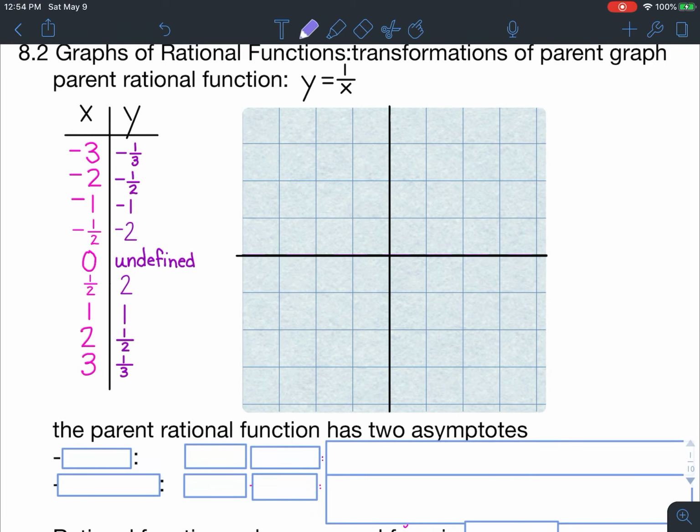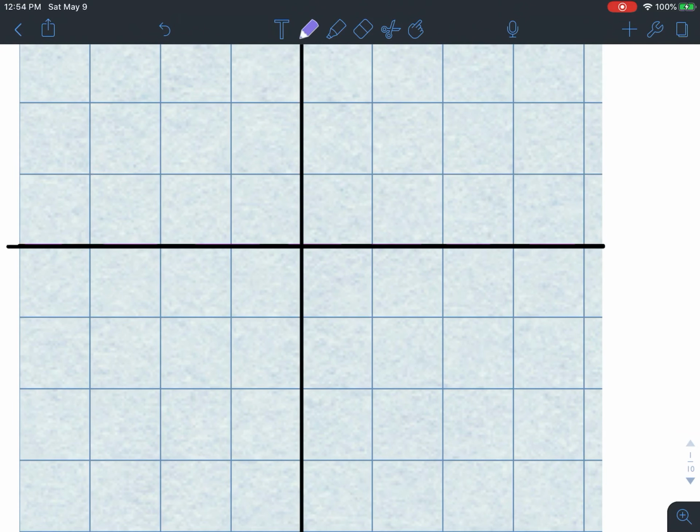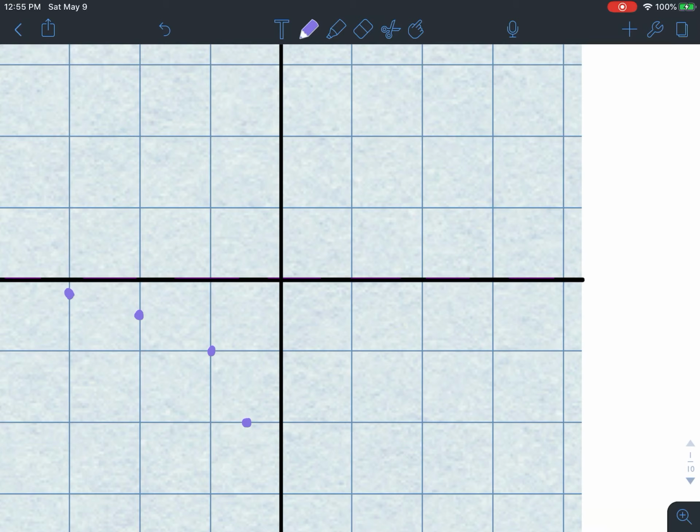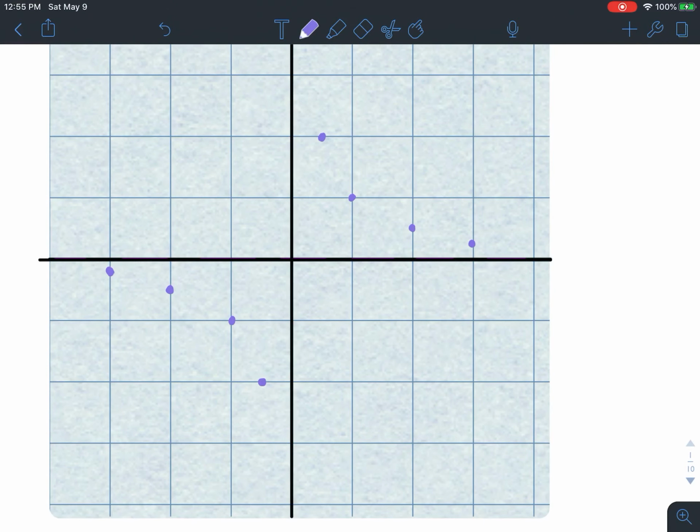So we have -3, -1/3. We have -2, -1/2, -1, -1, and -1/2, -2. On the other side, we have 1/2, 2. We have 1, 1, 2, 1/2, and 3, 1/3. Okay, I think you have a general sense here of what's going on. Before we connect it, though,